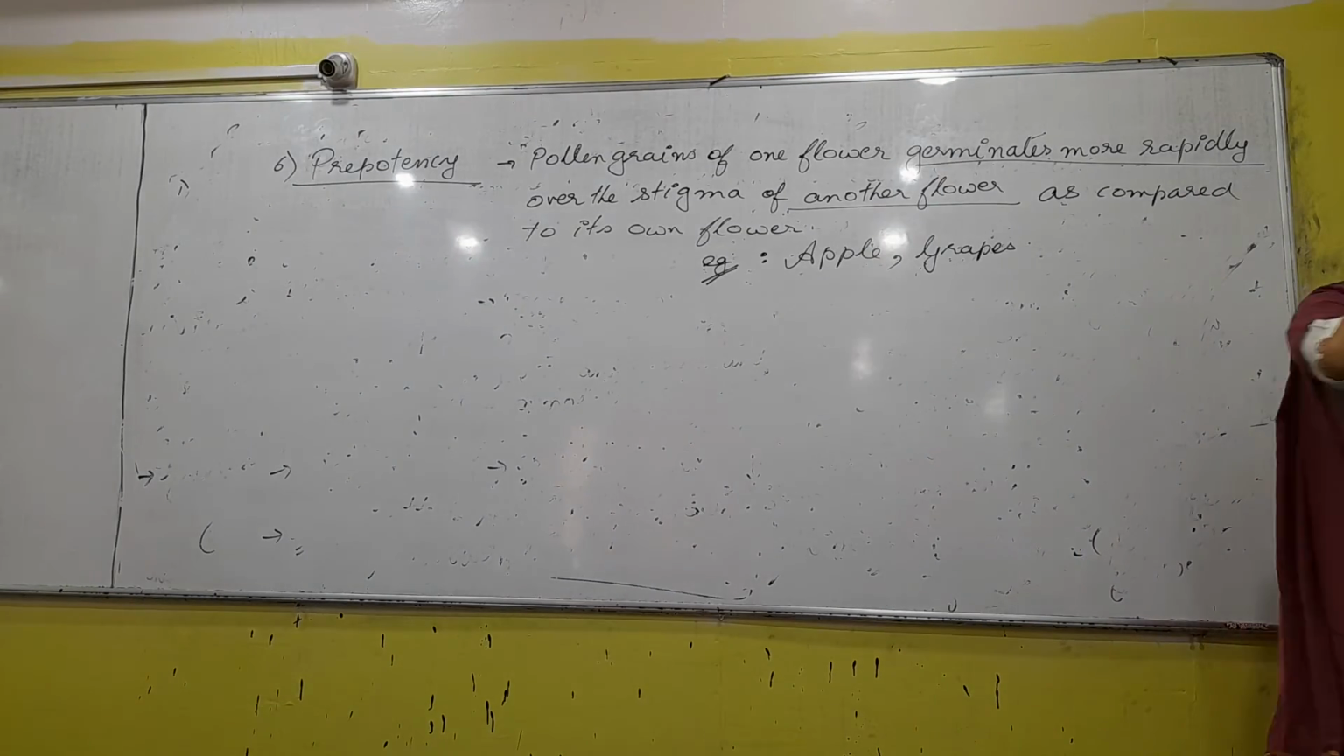Statement to buzi paiso ne pre-potency statement. Pollen grains of one flower germinates more rapidly over the stigma of another flower as compared to its own flower. Understood, eta flower ase duita sex organs ase so tahate ki koribo laisil pollen should have fallen on the stigma of its own flower. Kintu, when we talk about pollination, no, pollen grains we have to enuka nohoy that they